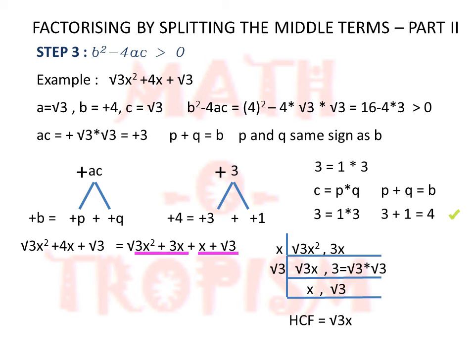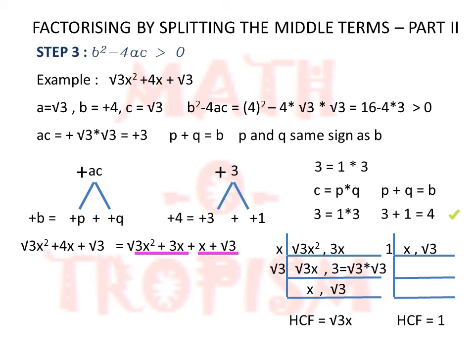So I take that root 3 outside. So after taking out root 3, what is remaining? In the first term it is x which is remaining. In the second term there is a root 3 remaining. So the HCF of the first two terms is root 3x. Similarly, when I take x plus root 3, there is nothing common in that, so only 1 is the highest common factor. Now if you check, you can see that both after taking out the HCF have the same balance numbers, x and root 3.